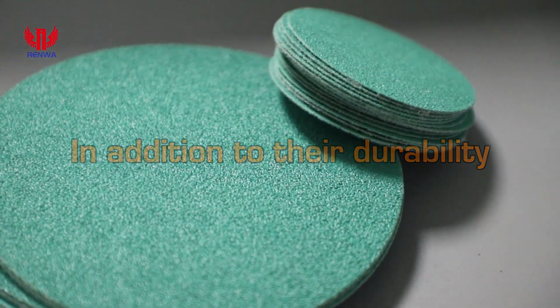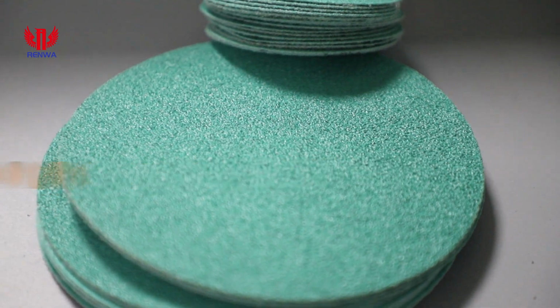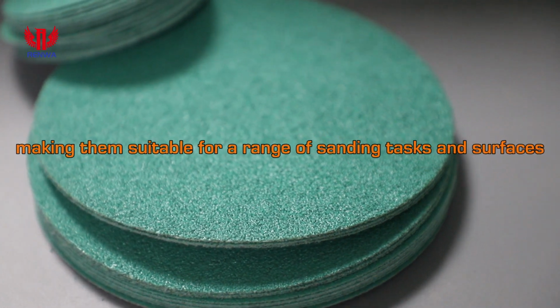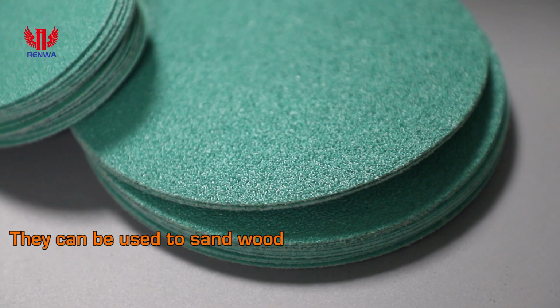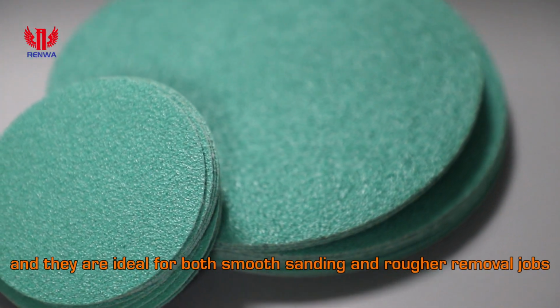In addition to their durability, cling film Velcro sanding discs are also highly versatile. They come in a range of grits and sizes, making them suitable for a range of sanding tasks and surfaces. They can be used to sand wood, metal, plastic, and more, and they are ideal for both smooth sanding and